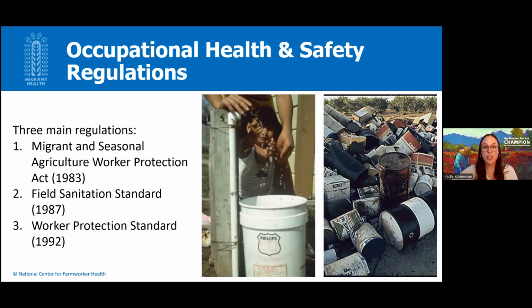The third regulation is the Worker Protection Standard of 1992 from the Environmental Protection Agency. This is a federal regulation designed to reduce pesticide poisoning by requiring safety training, notification of pesticide application, the use of personal protective equipment, restricted entry after application of contaminants and pesticides, and emergency medical assistance. It is important to remember that the enforcement of these regulations is dependent on the size of the farm and the entity in charge of enforcement in the area.